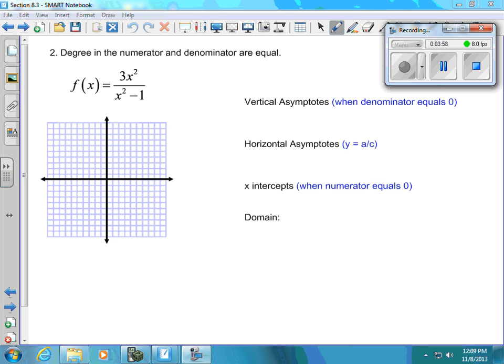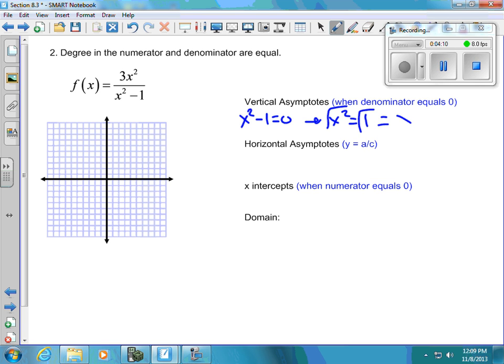Vertical asymptote, x squared minus 1 equals 0. To solve that, we would have x squared equals 1. We would square root both sides, and we get x equals 1 and negative 1. So our vertical asymptotes for this graph are x equals negative 1 and x equals